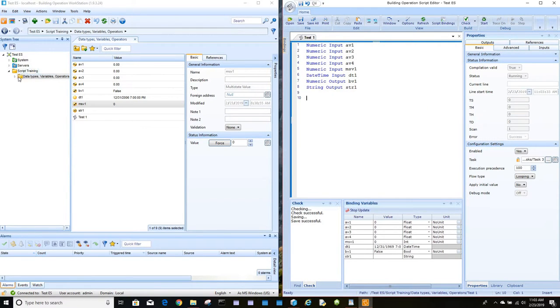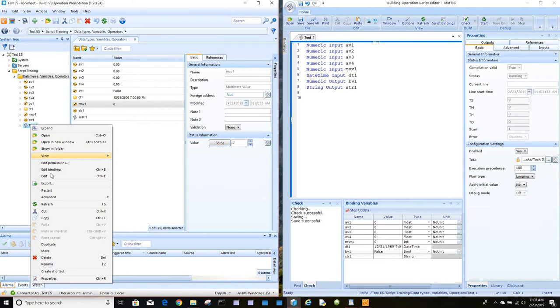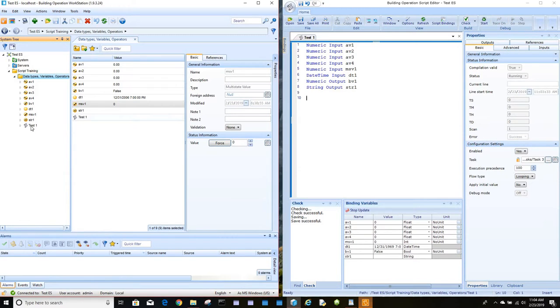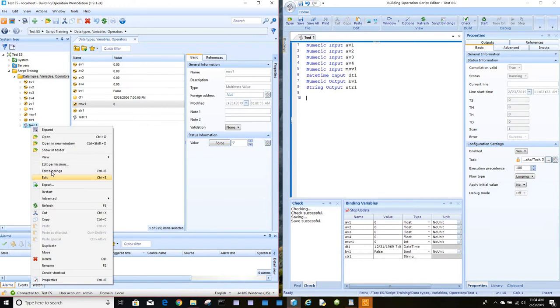So if we come here now and right click on the test program object, and no, we do not want to do that. If you edit bindings,